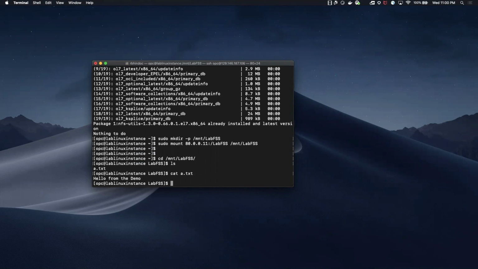This confirms that our file systems can be mounted to not just the virtual machines within the VMware environment, but also to the VMs in the VCN. So this enables our customers to have a hybrid implementation of their application stack. Part of the stack will be running within the VMware software-defined data center, and the remaining part of the stack can run on the OCI Virtual Cloud Network. So that's it for the lab. Thank you.